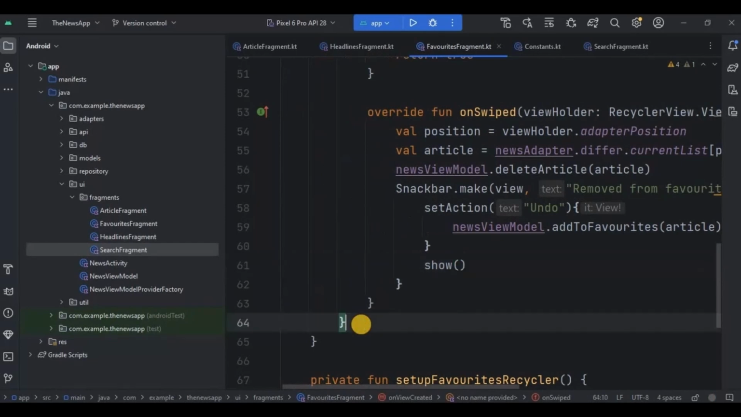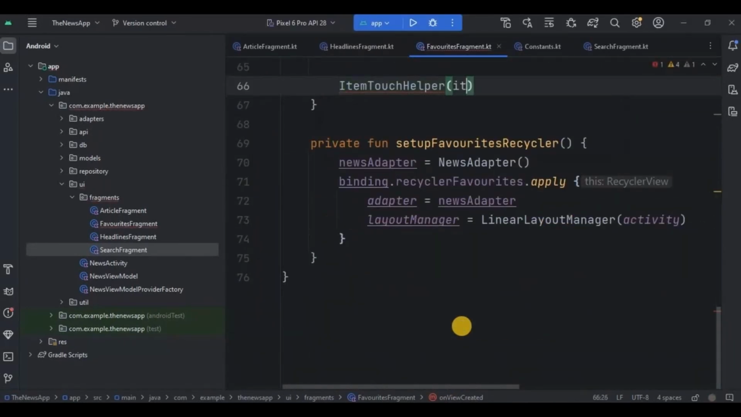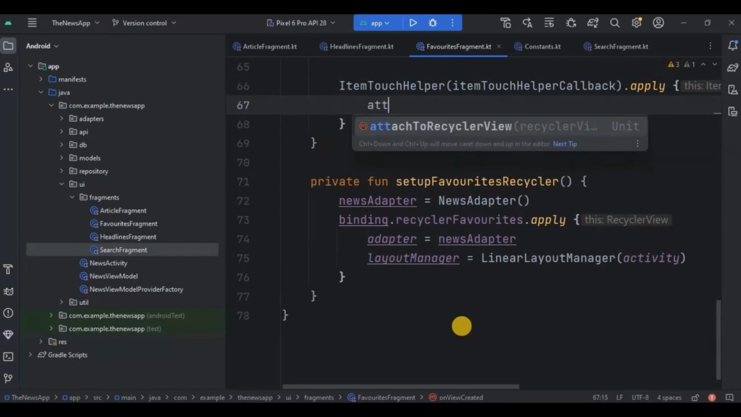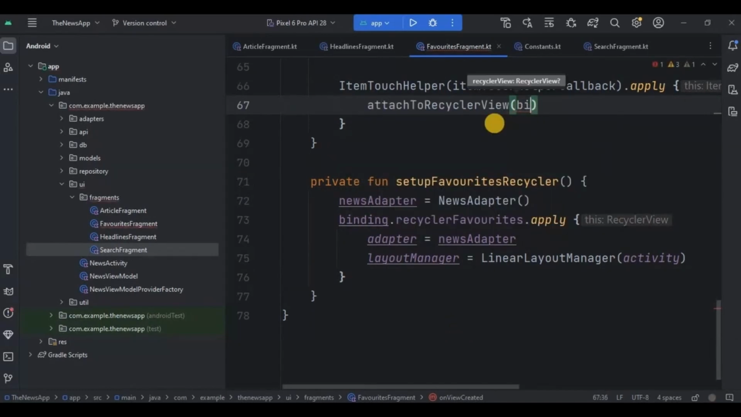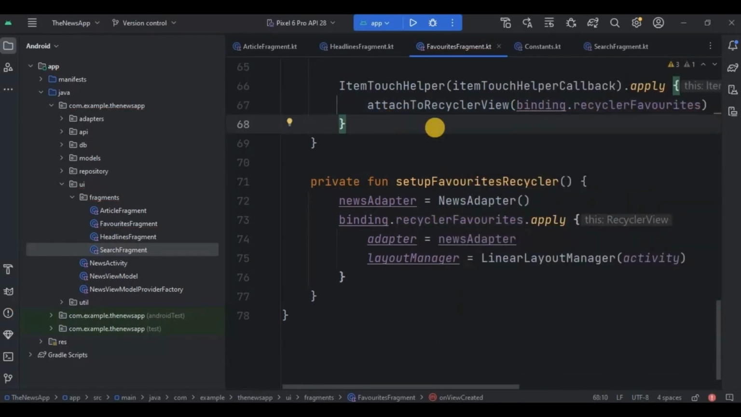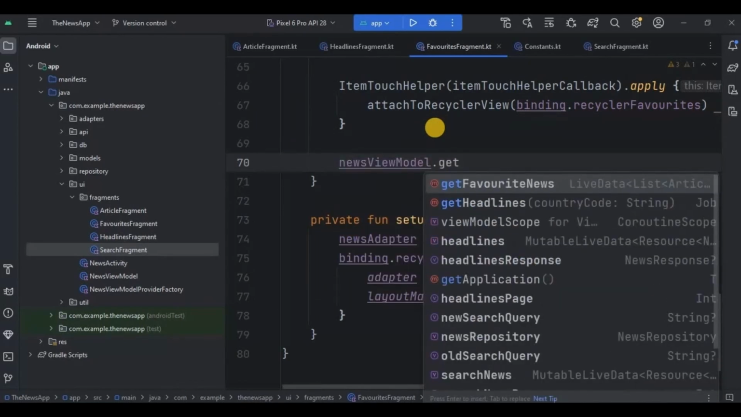At the end, we will create an instance of item touch helper with the item touch helper callback and apply on it. Then inside the apply block, I'll attach the item touch helper to the recycler view, and done. Lastly, we will create a getFavoriteNews method from the NewsView model using live data that represents a list